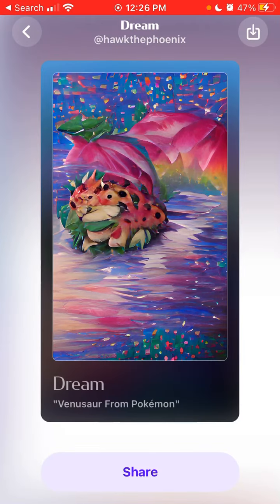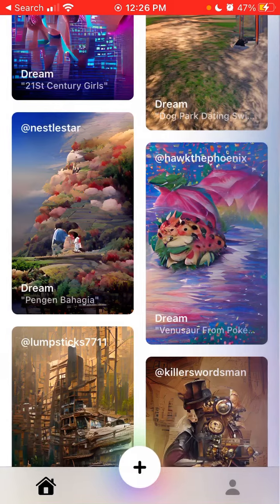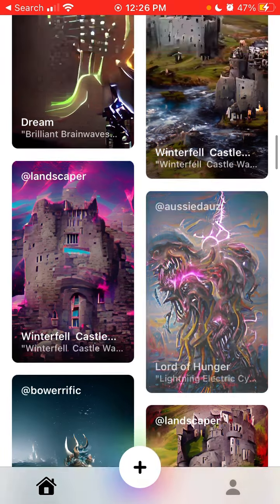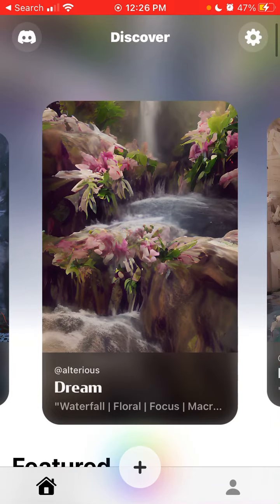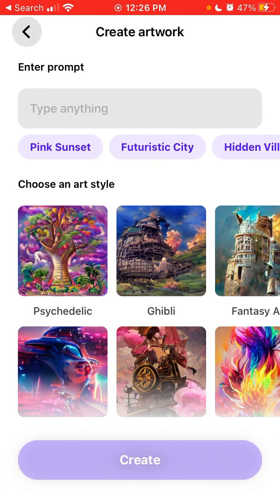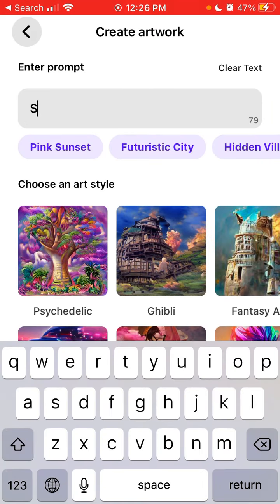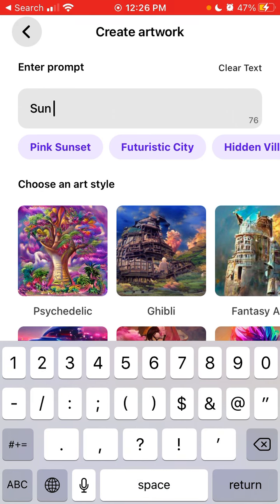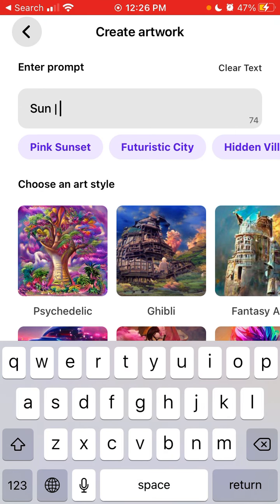Here you can see people just add one prompt. But to add multiple prompts, I don't know if it works or not. So I can just add, for example, sun, and then I just add this. I don't actually know if this is really helping the algorithm or if it's just better for the viewer to understand that you entered